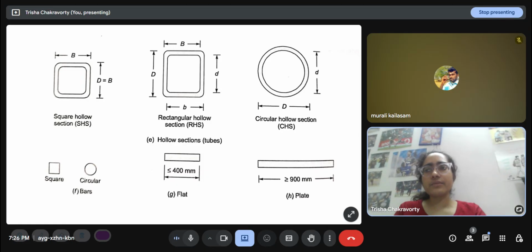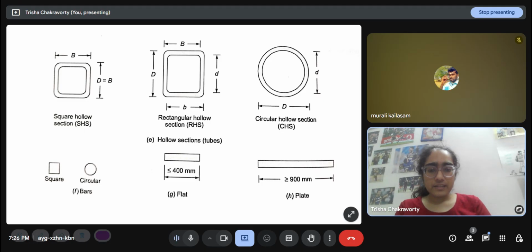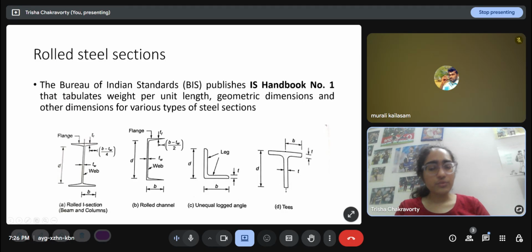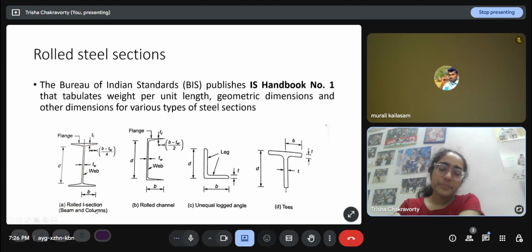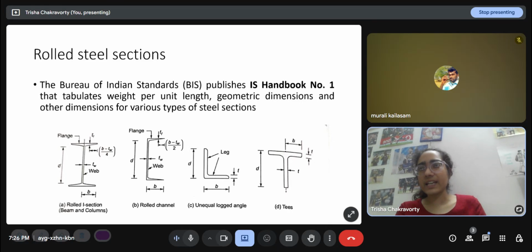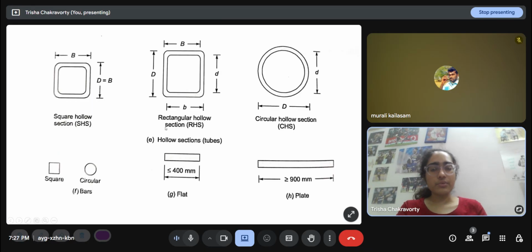You just have to consult SP 6, because just by looking at these sections you cannot get the details. There is some kind of tapering, some kind of rounding here, which is not easy to calculate. All these properties are not easy to calculate. If it is a built-up section, like there is one rectangular plate making an I section, that you can calculate geometrically because it's simple. But all of these standard sections we cannot generally calculate, so we need to refer to SP 6.